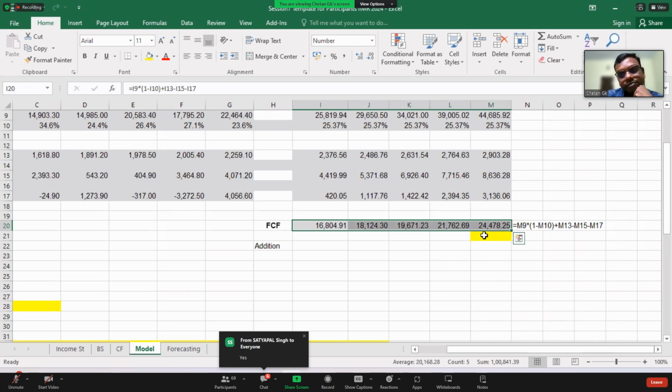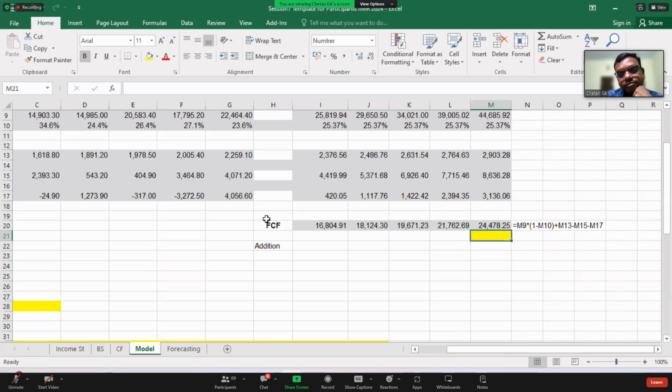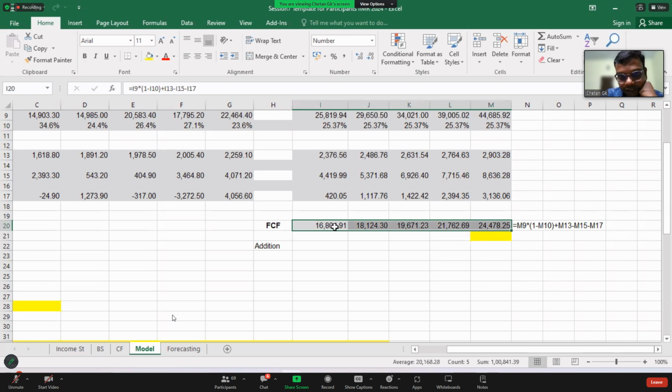But what do we want? We want FCF from next year onwards till an infinite number of years. The FCF we have computed is for the next 5 years, but what we really require is this FCF for an infinite number of years.